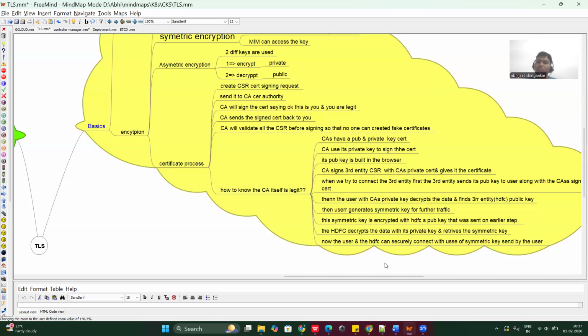Then the user, with the CA's public key, decrypts the data and finds the third party's public key. Then the user generates a symmetric key for further traffic. This symmetric key is encrypted with